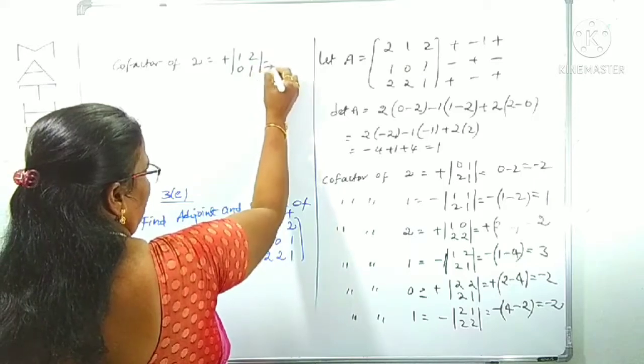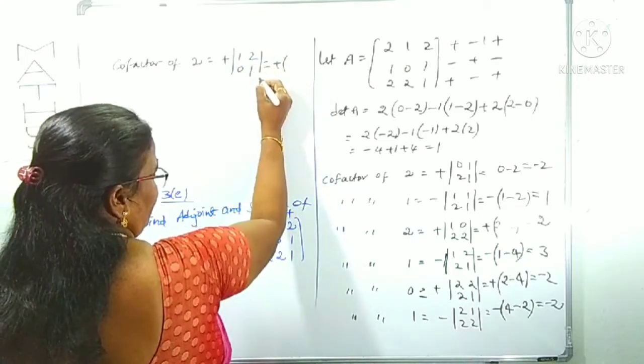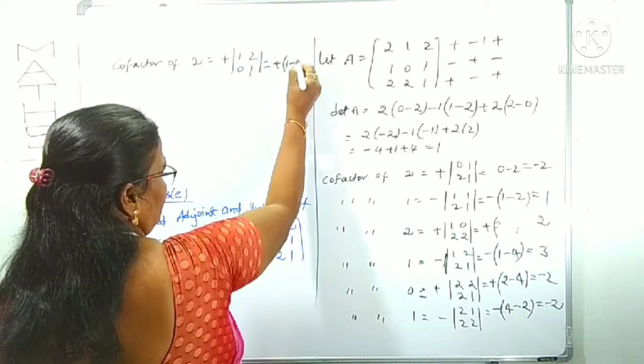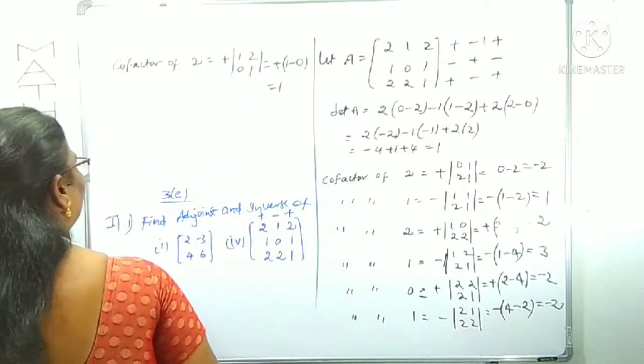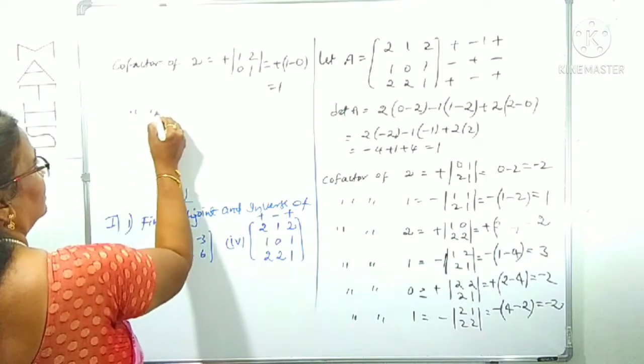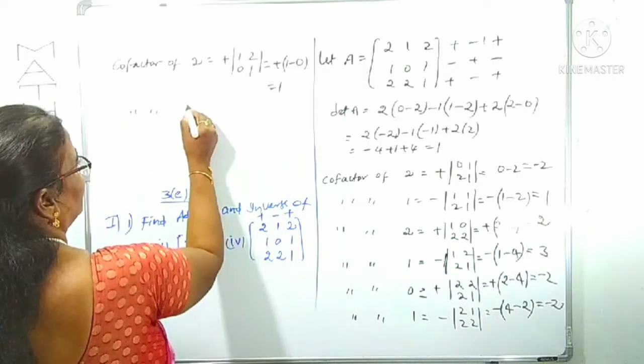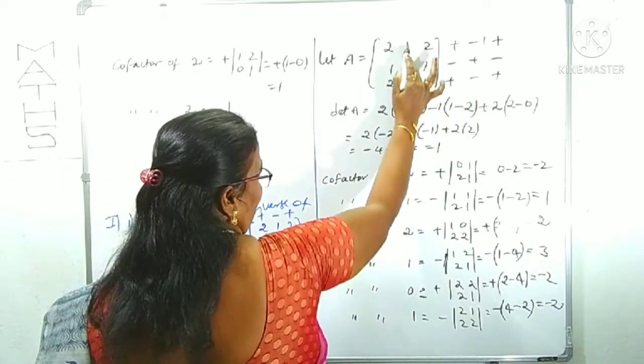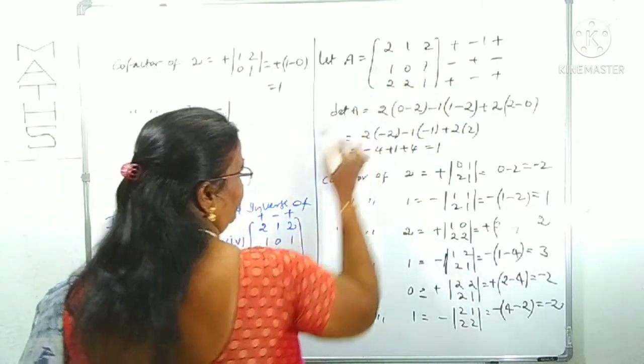Therefore, this is a plus of 1 minus 1, 1 minus 2 into 0, 0, 1 minus 0 is 1 only. Right. Next, the cofactor of the next element, which is 2. That is a minus sign. We can use the minus sign for this one. Closing this column and this row, what are the left rows?